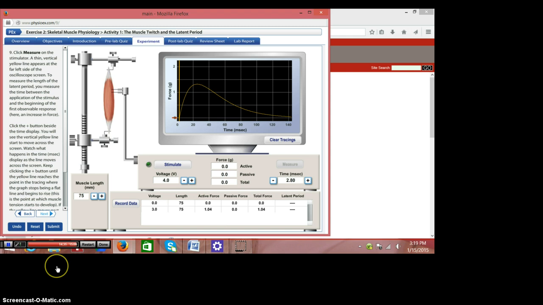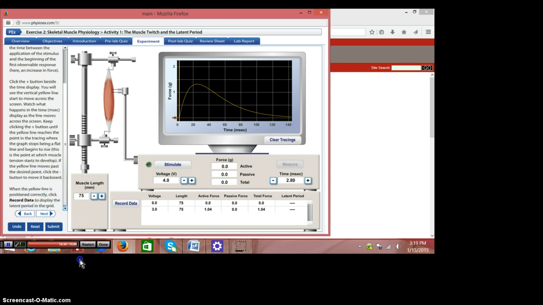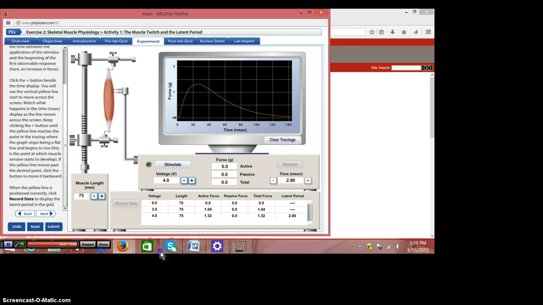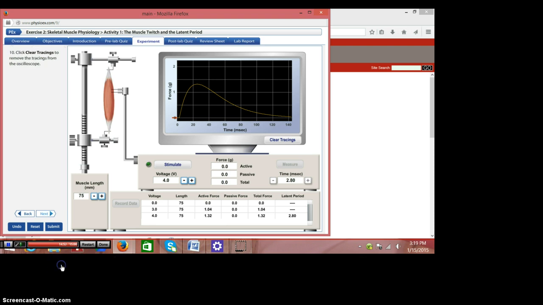Okay. Does it tell us anything else? Okay, then we hit record data. So then now you're going to have that latent period to be putting in there. Okay. And then you continue. It'll continue to tell you what to put in input to the